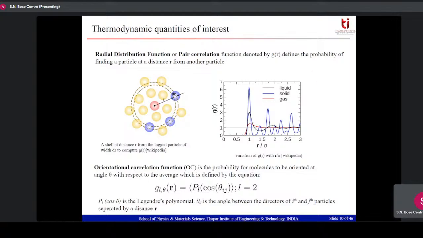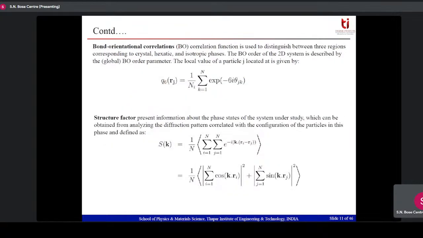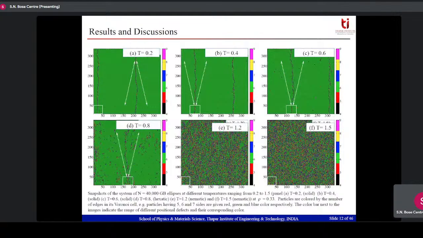They get smeared out. And then we also look at the bond orientational correlation. It means that this helps to identify whether you have a hexatic phase or not. So if the particles have a hexagonal arrangement, in the orientational pair correlation g6(r), if the bonds with their nearest neighbors are in order, this quantity helps you to find that. We'll see some plots next. So first, some snapshots.